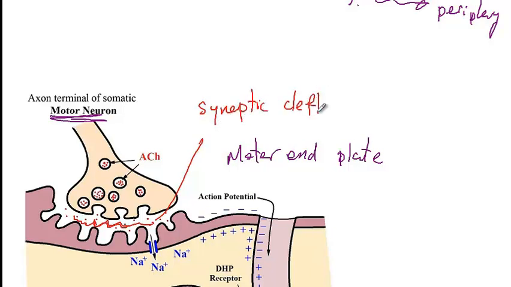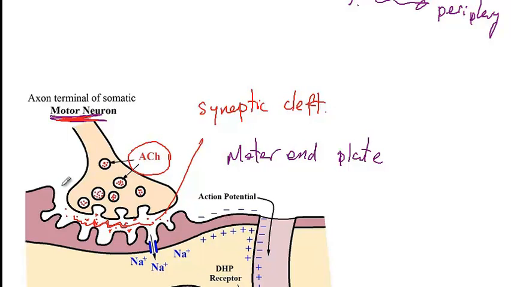cleft, which is basically used to relay information from the nerve to the muscle with the help of the neurotransmitters that are being released. And in this example, by motor neurons, it's acetylcholine that is being released. So what happens after acetylcholine binds to the postsynaptic receptors is that it will cause opening of the sodium channels, as a consequence of which now there would be a depolarization wave that will be initiated on the surface of